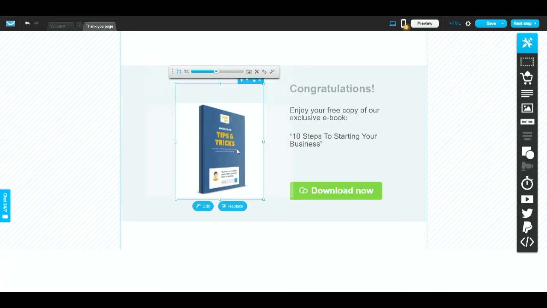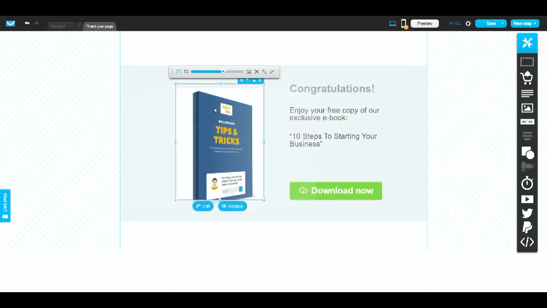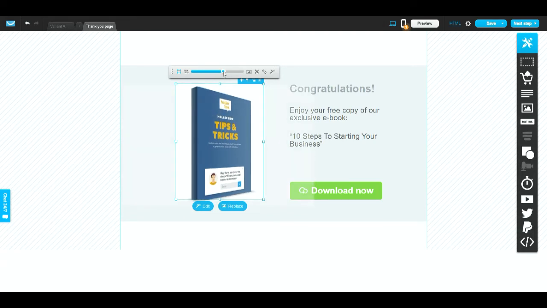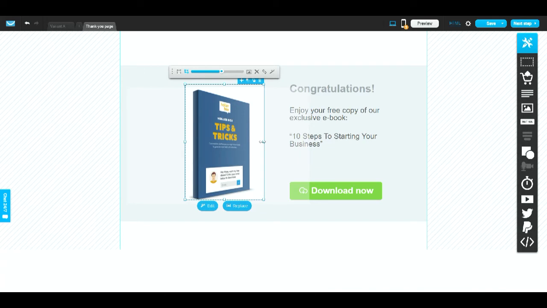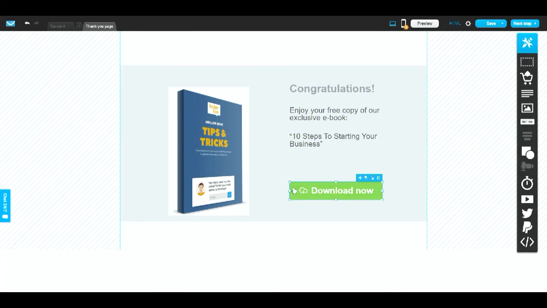Let's move that down, make that a bit bigger. It's too big. A bit smaller. A little bit smaller. Okay, and then we just want to crop this. Okay, I think that looks okay. Maybe a little bit bigger actually, thinking about it. In fact, make that level. And again, the download button, I mean, incidentally, you can change the colour of the download button